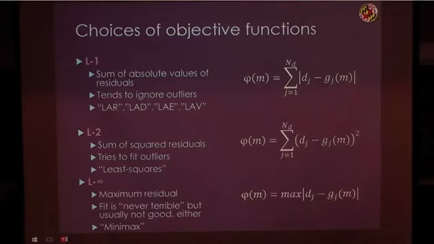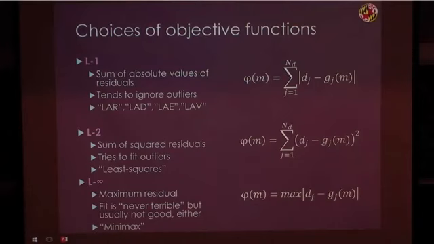A more commonly used misfit function, we will see in a second why this is the case, is called the L2 objective function. Here, instead of taking the absolute value of the residuals, we actually raise them to the second power. And what happens then is that the data that are outliers, in other words, that have high residuals, have a stronger effect, because when you square that residual,